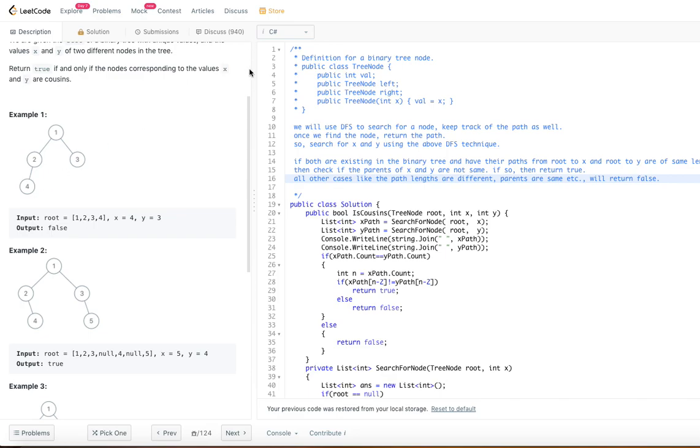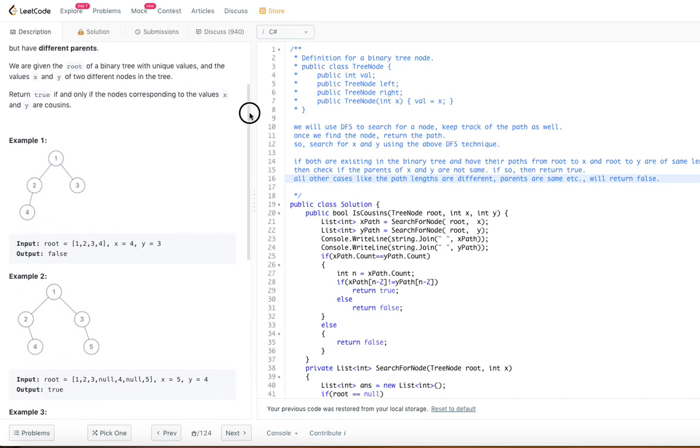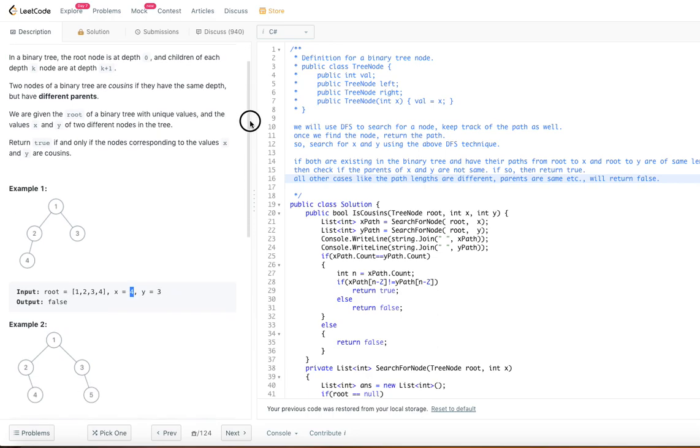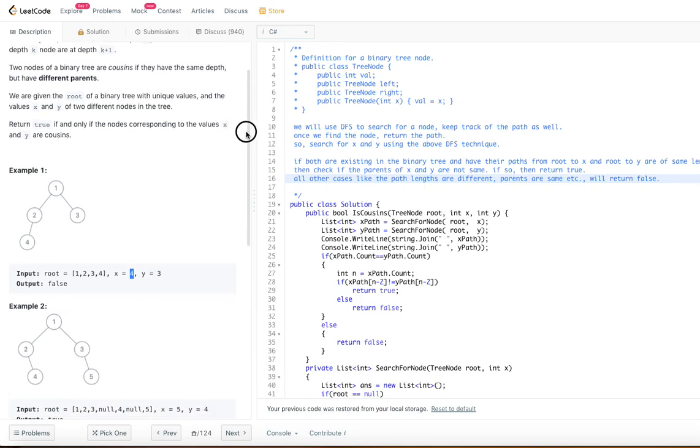For example, if x is equal to 2 and y is equal to 3, they are at the same depth, but they have the same parent, 1. So even in that case they are not cousins. So we need to check for those two conditions.